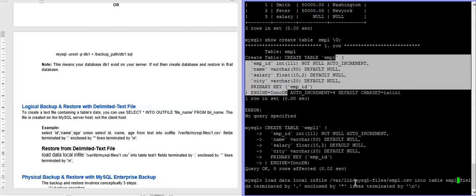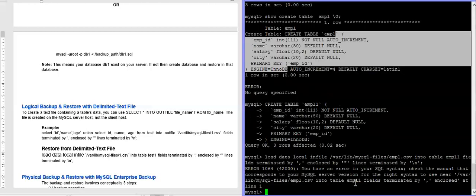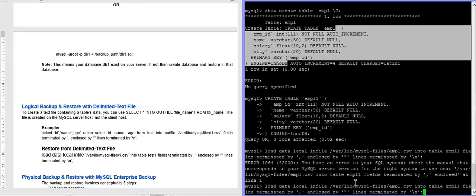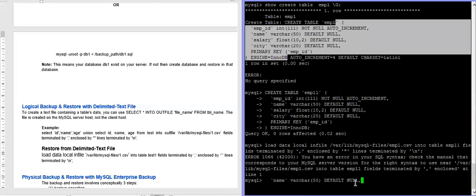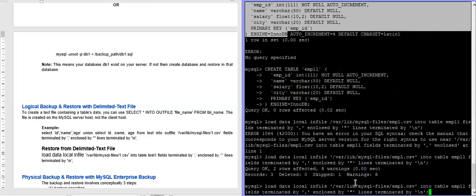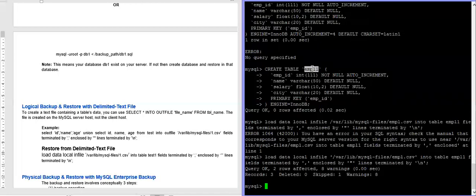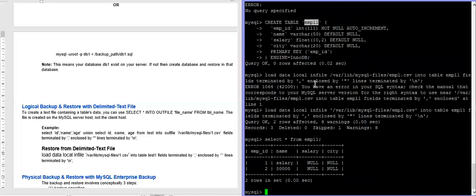Rather than empl, you'll have to write here empl1. Yes, now select star from empl1.